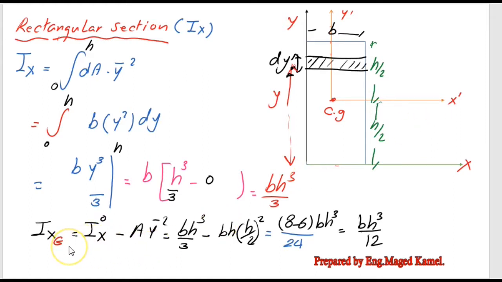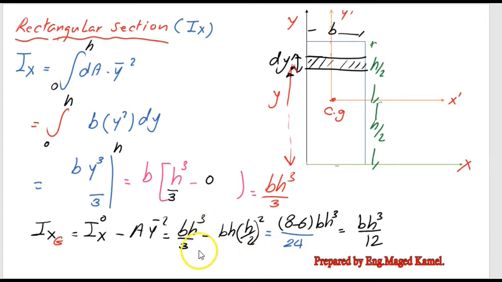From the parallel axis theorem, the moment of inertia about the CG equals the moment of inertia about any external axis minus the multiplication of the area of the section by the square of the vertical distance. In our case it is h over 2 squared. Our Ix already estimated as bh cubed over 3 minus the area, which is bh, multiplied by h over 2 squared,